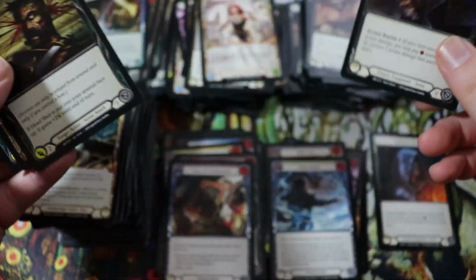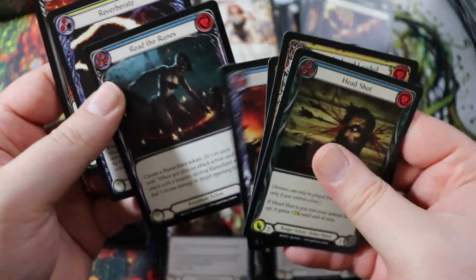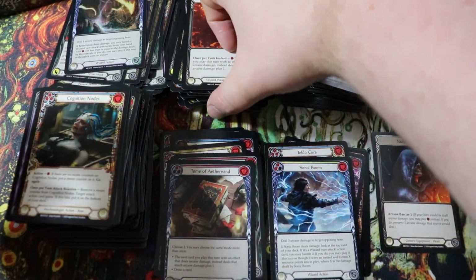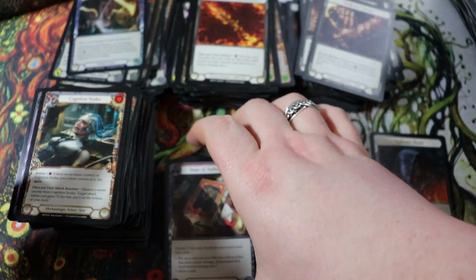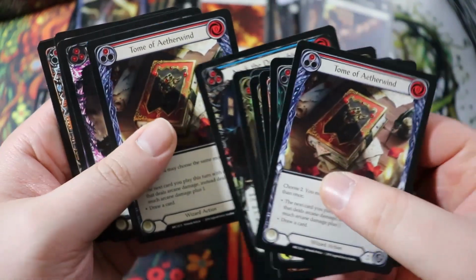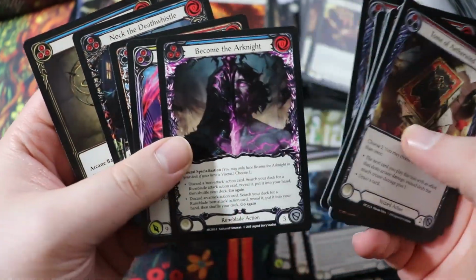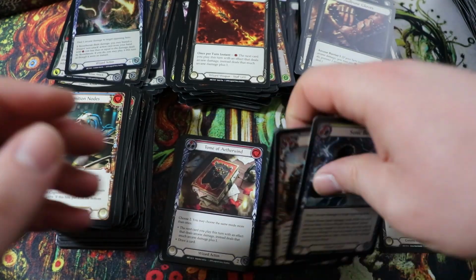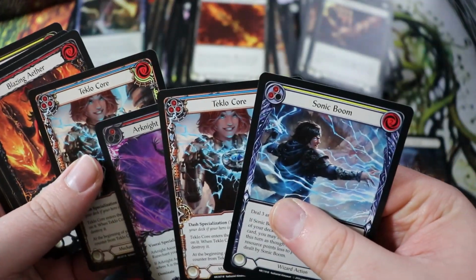So we had no cold foils in that box. So you have 1 cold foil in 3 boxes. Maybe the luck is starting to dwindle, though. Pretty happy about just getting the 2 tomes and the 2 Arknights, just in general. But yeah, let's get to the next box. And yeah, also the 2 Teklo-Cores are pretty...